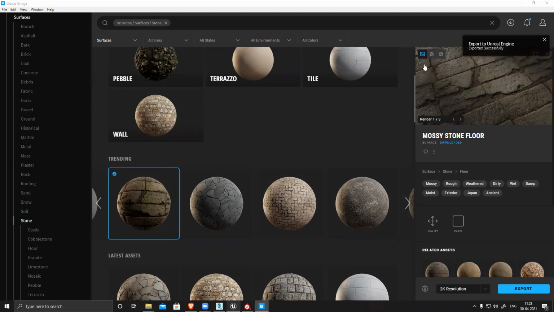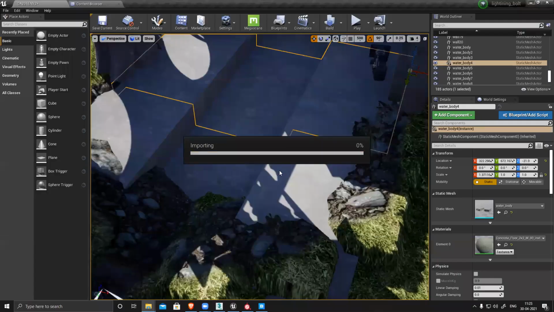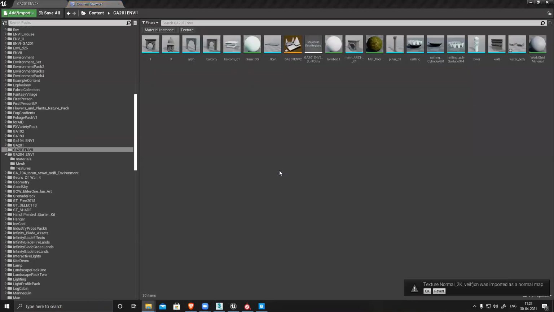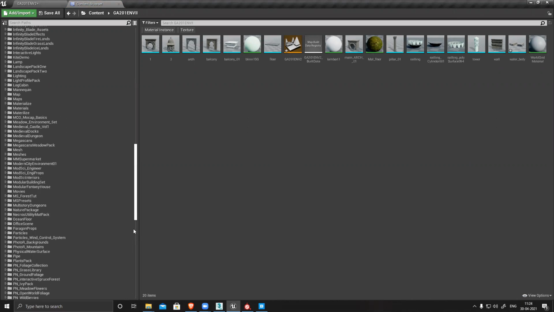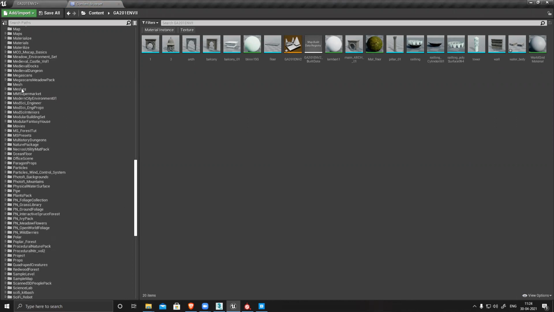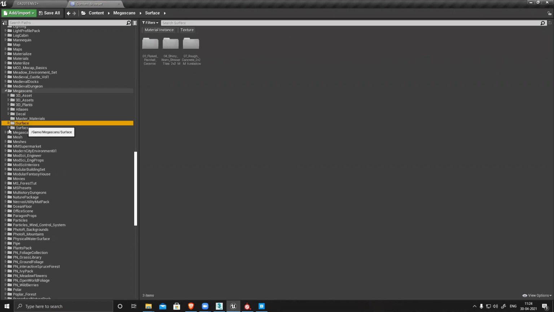And if you go to Unreal now, you can see it import this. It will automatically import all the materials and textures, and create a material. Why didn't it open the material? Megascan surface.